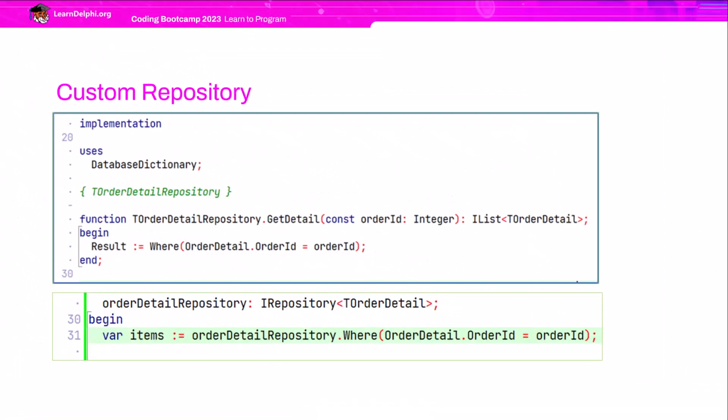Still, there are cases where custom repositories for a few specific classes are necessary. Hence, I also implemented the TOrderDetail repository. Its sole purpose is to serve as an example that customizing some repositories is possible and valid. It can be for implementing complex and specific entity rules or to avoid code repetition, DRY. In this example, it doesn't add much to the repository and could be implemented with just one line of code using the generic repository.